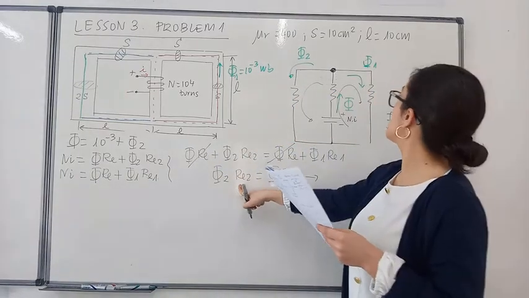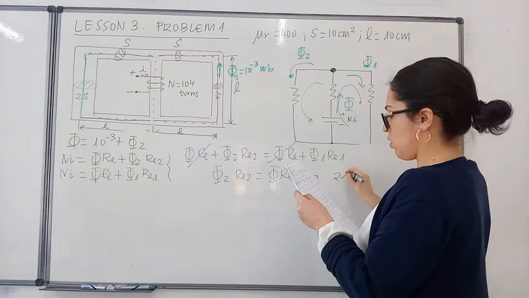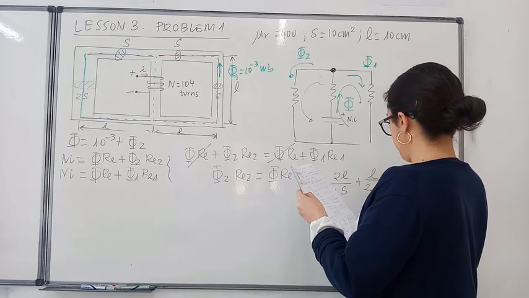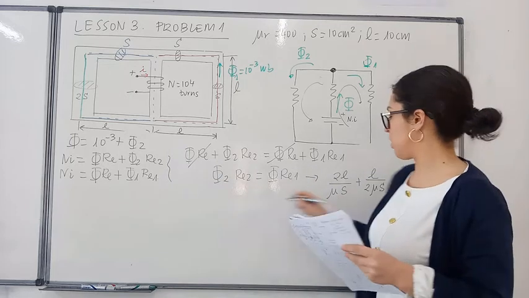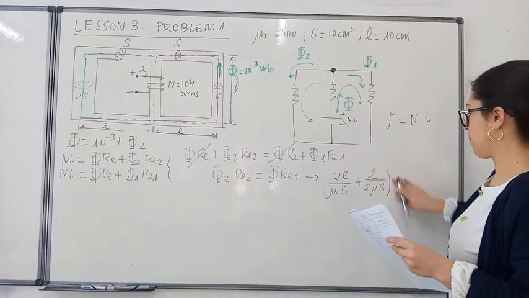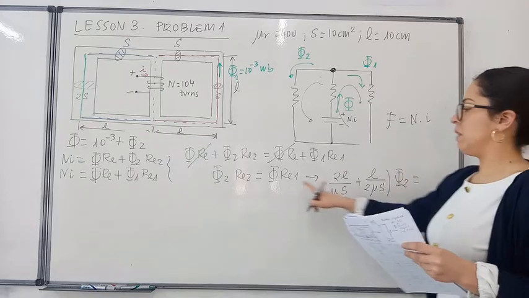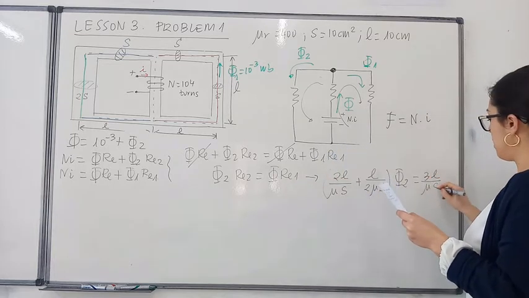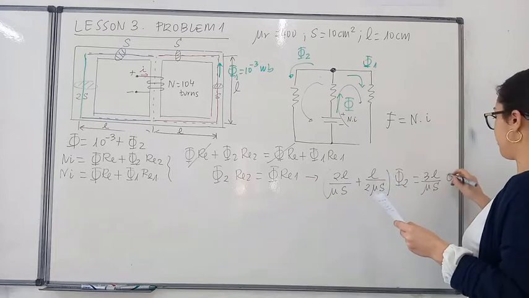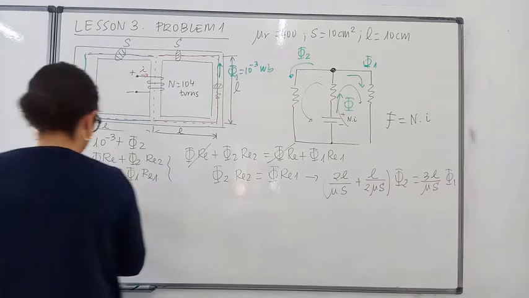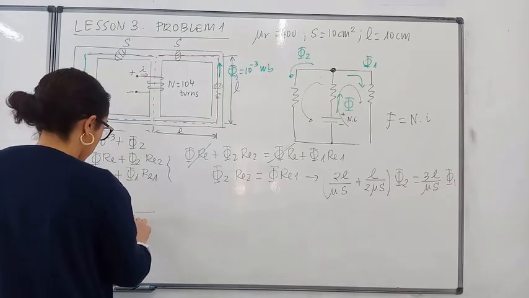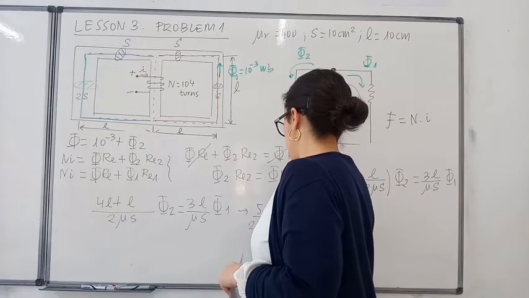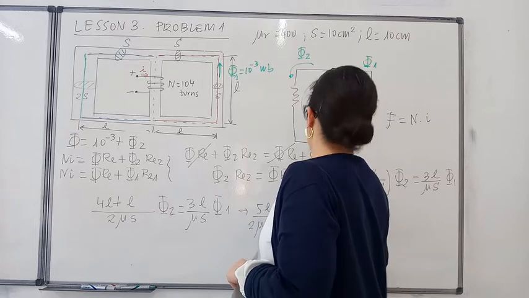Okay? Reluctance here in the left branch, 2 divided by L, permeability, and here this. This was the reluctance in this side. And the reluctance in this other side is 3 times the length, and here the permeability and the cross section. There, you need to obtain a common denominator. You will have 5L divided by 2 times the permeability and the cross section, and the magnetic flux here in